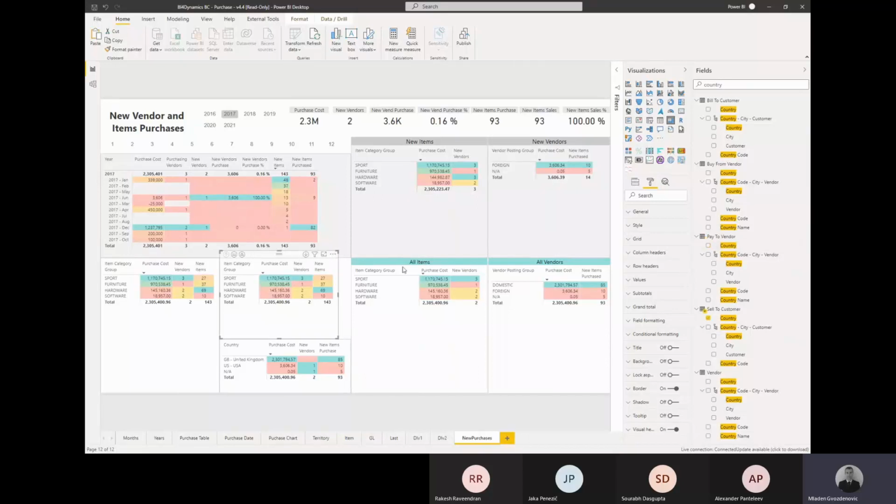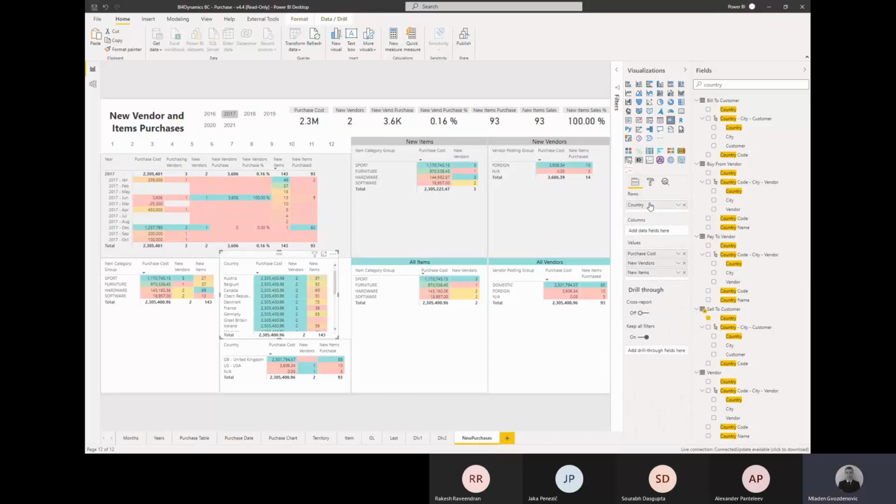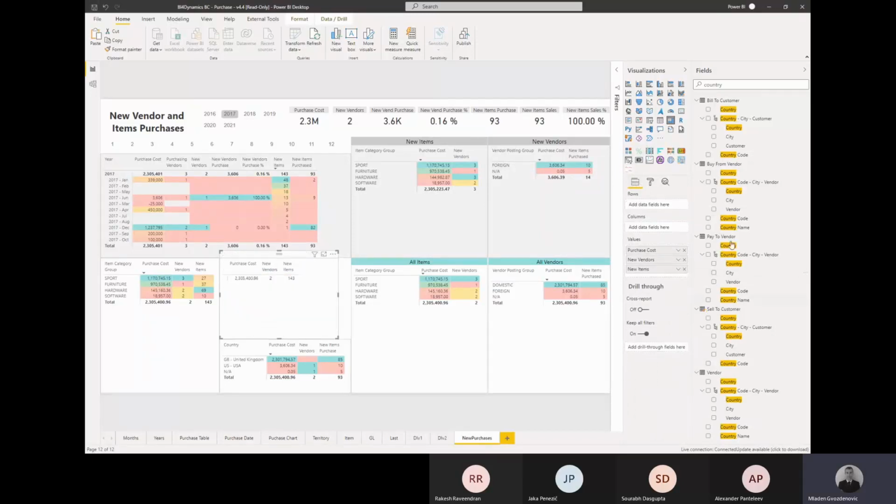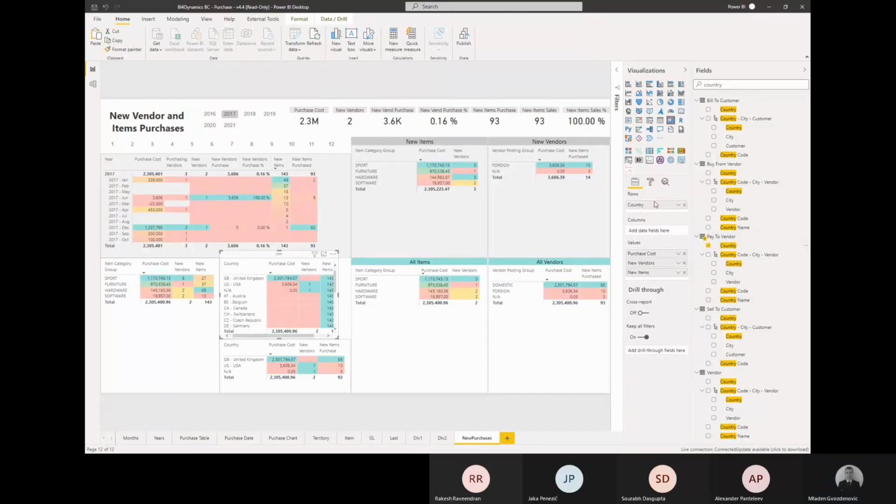Okay, so it's a pay to vendor country. Just see, okay, country. So this country may be from customer. That's why it's not working. So pay to vendor country, it's like this. And I think what we have here,